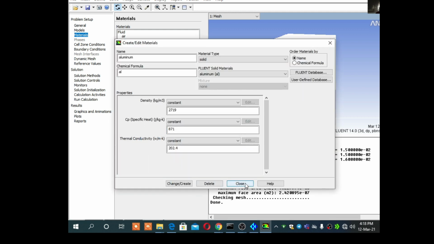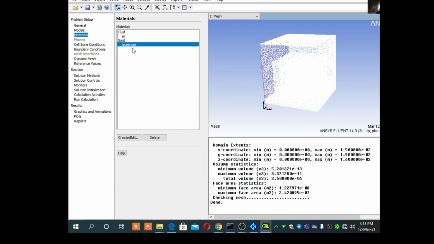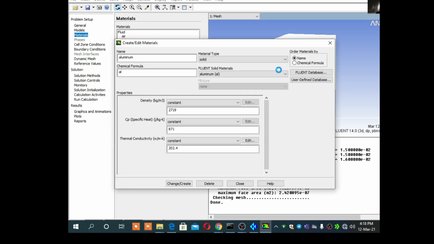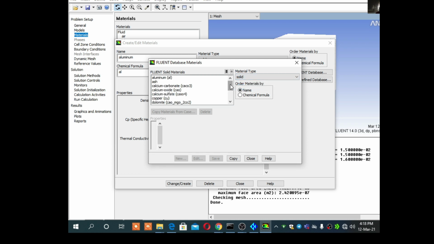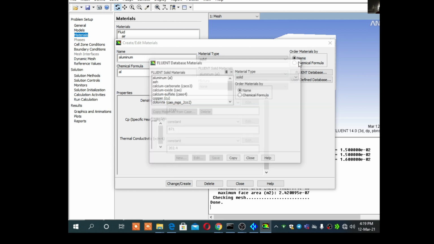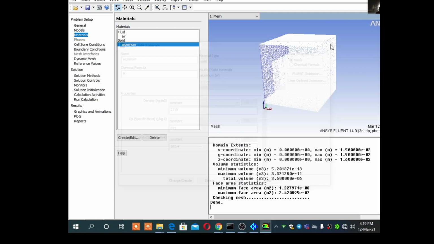If there is a change in material, for a solid like copper, for that purpose you need to go in the Fluent database, select solid and then go for copper. Okay, here is copper, but right now we are having aluminum, that's okay.